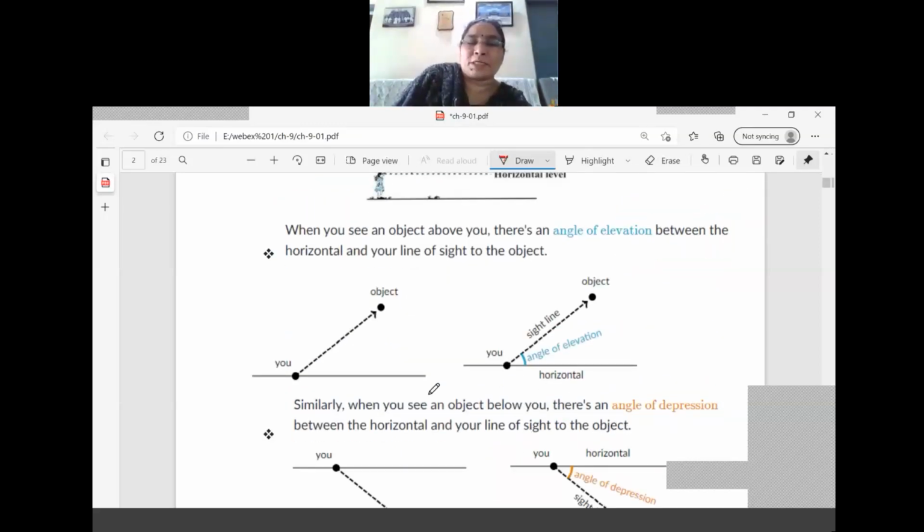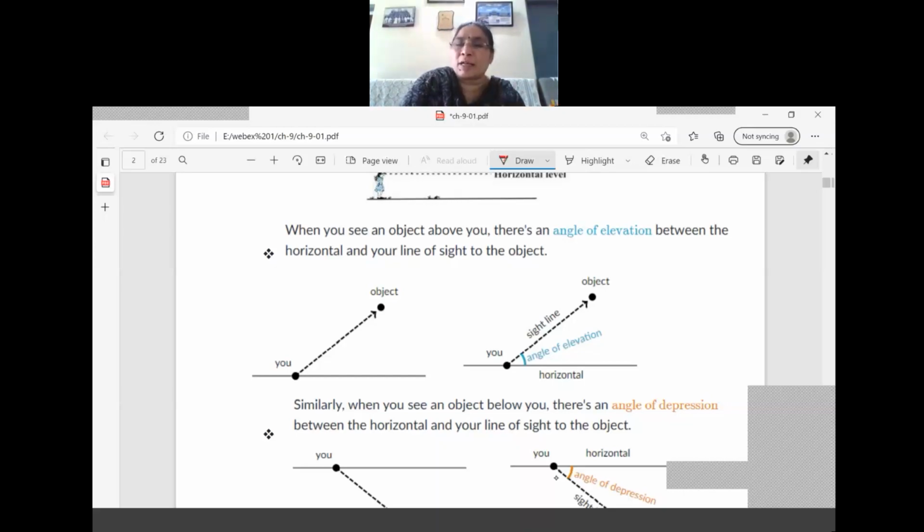Once again, we have drawn the object there, and you, the student or somebody, are standing there. Now the height is not mentioned, which means whatever the ground level is will be the horizontal. So with the ground level considered as the horizontal, and the height not mentioned, the diagram will be like this. So it will be formed as an angle of elevation. Sight line is called the line of sight only. So the line we draw between the object and the observer's eye level is called the line of sight. And the horizontal level is parallel to the ground level.